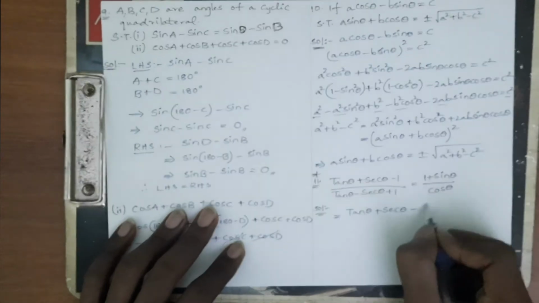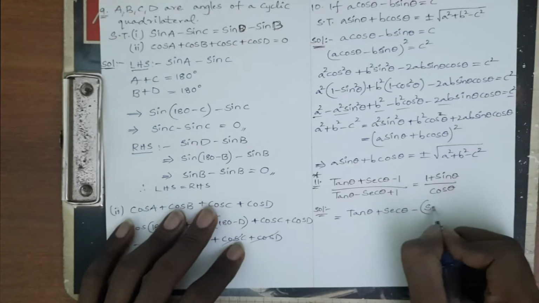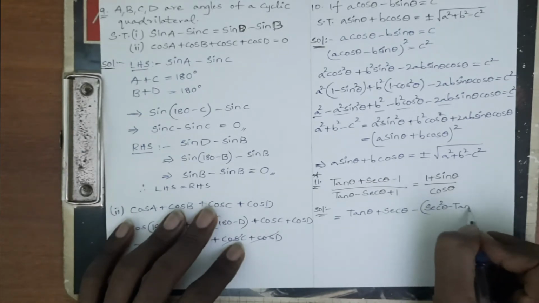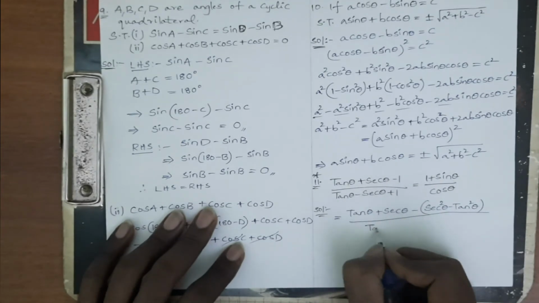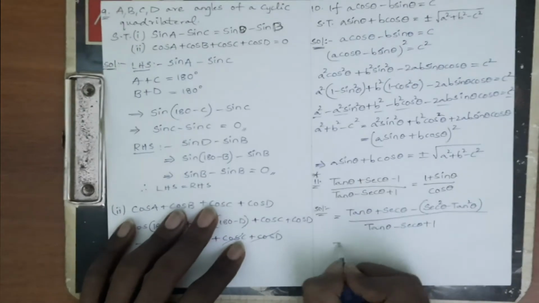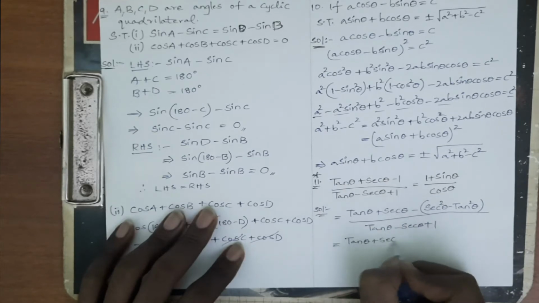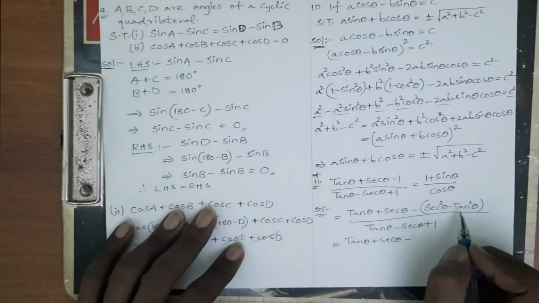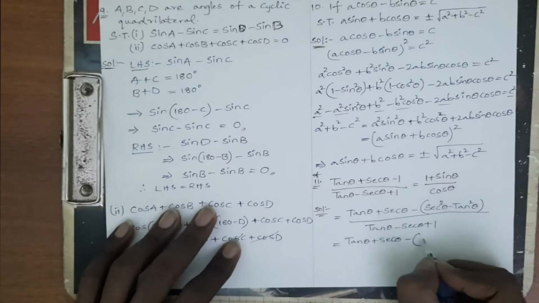We can write this 1 as, if you remember, we know that secant square theta minus tan square theta equals 1. So we can write this 1 as secant square theta minus tan square theta. Then the denominator is the same, tan theta minus secant theta plus 1. So now tan theta plus secant theta minus, this is of the form a square minus b square. A square minus b square means a plus b into a minus b. So we can write this as